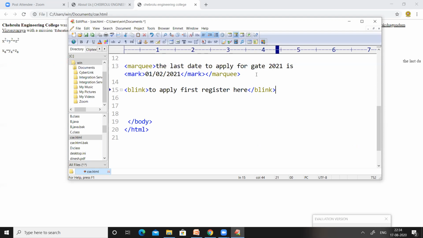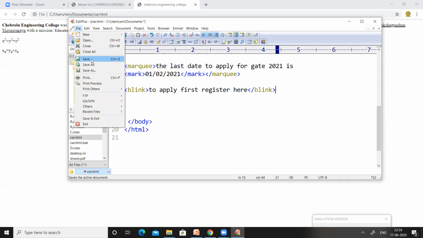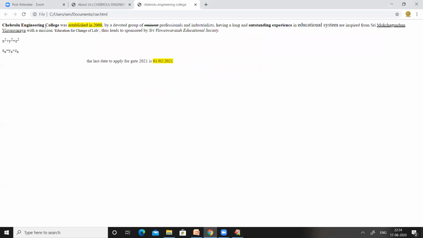So in order to apply for that GATE, we have to register at some point. That point was represented between the blink tag. Now save this one and apply the refresh button, and you can see,